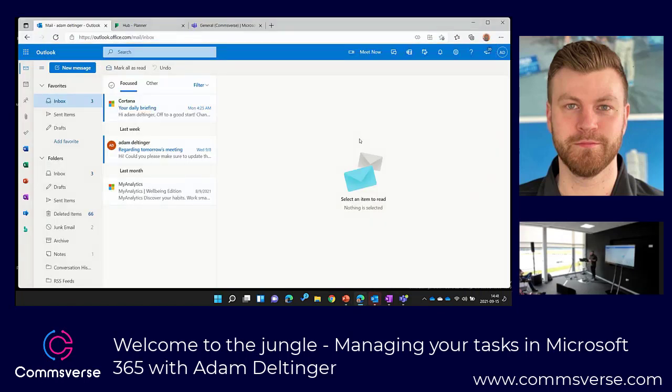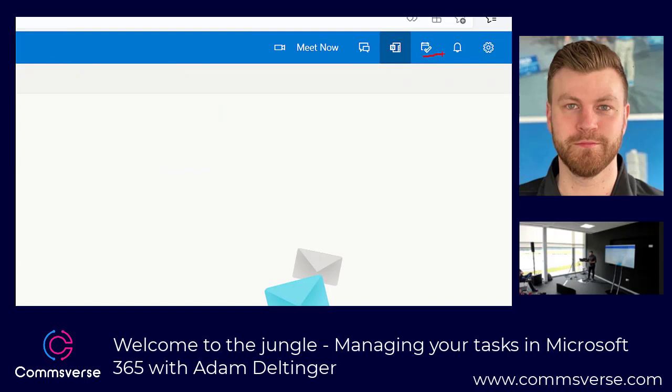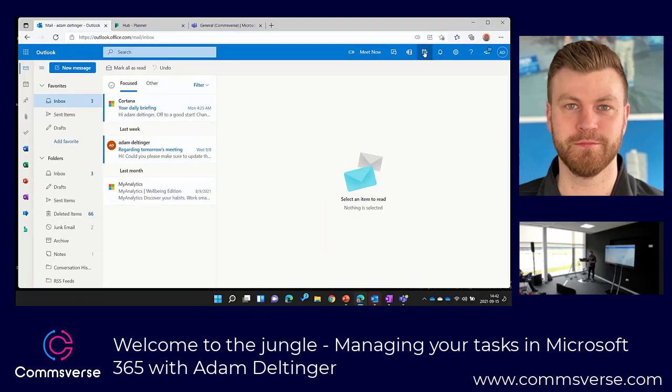Yes, great. So I'm going to start from the Outlook on the web perspective, right? If you look at the left-hand side here, where Tasks usually would be, it's now Microsoft To-Do. I can click this one, and it would just open up a web browser and take me to the To-Do service, but I don't want that right now. I want to see the integration with Outlook. So if I go up over here, I can also see there is a To-Do icon. I click there, and you can now see that I can actually add tasks directly in Outlook on the web.